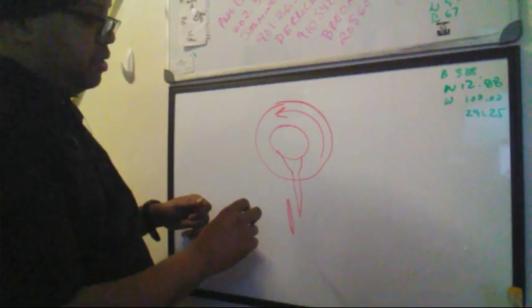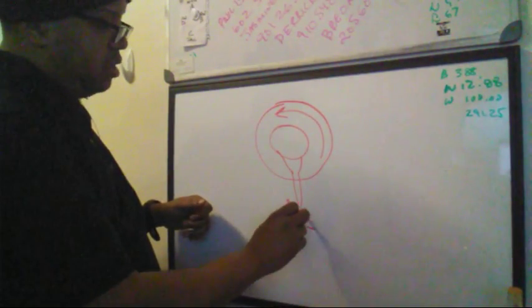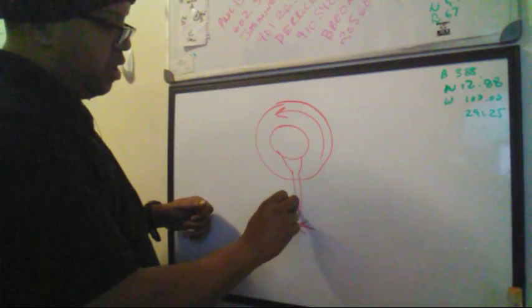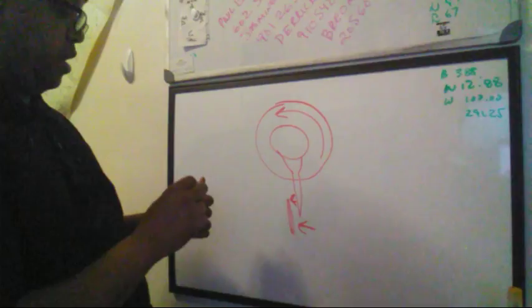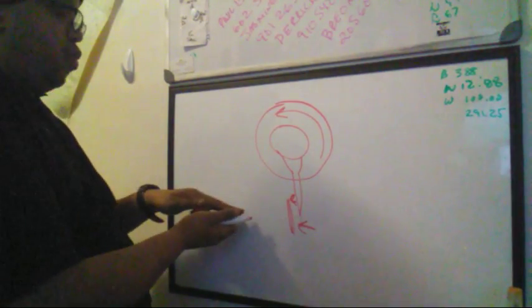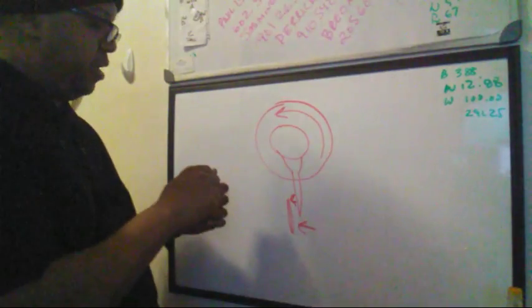All right. And so the action of this tail rotor will be here. All right. So it's going to draw air this way. That is the action. And this is the counterclockwise turn of the